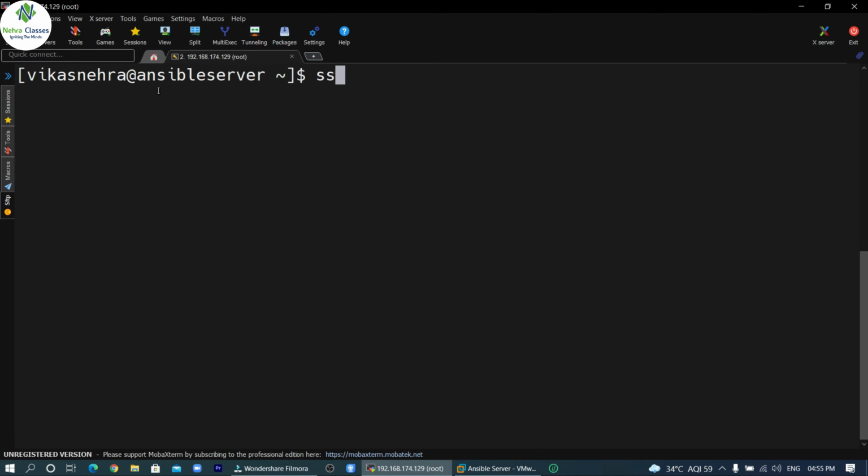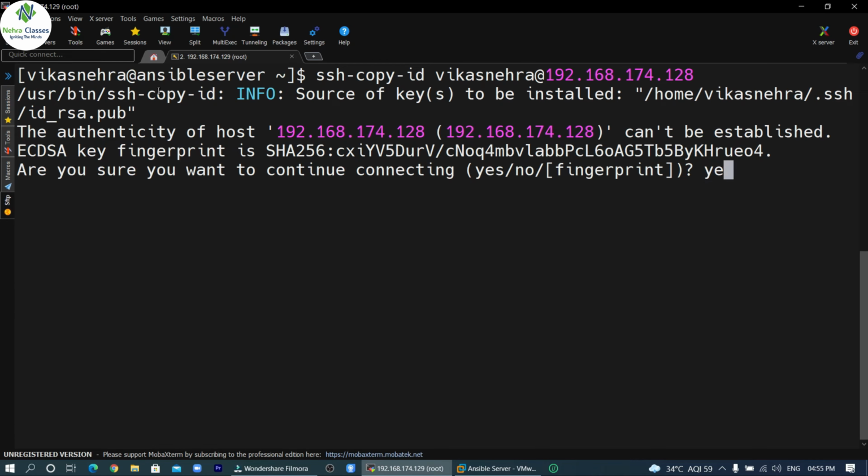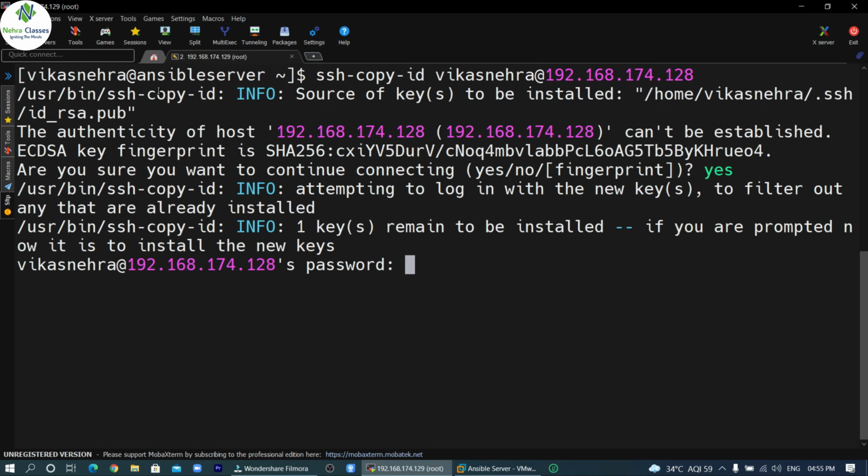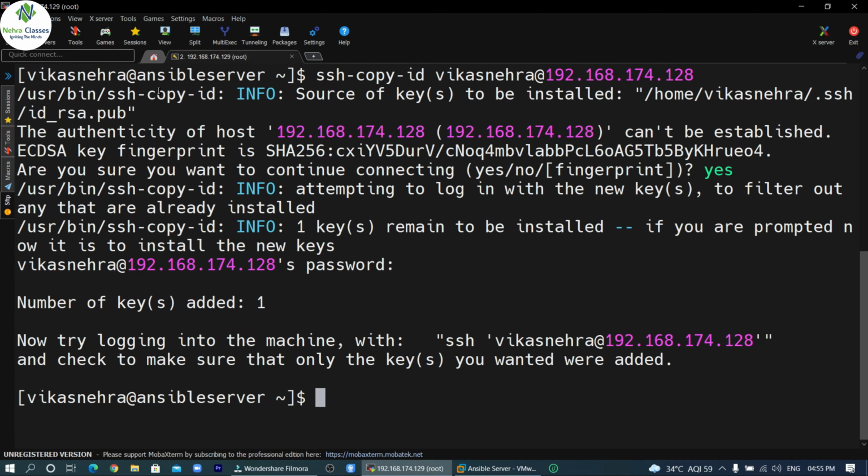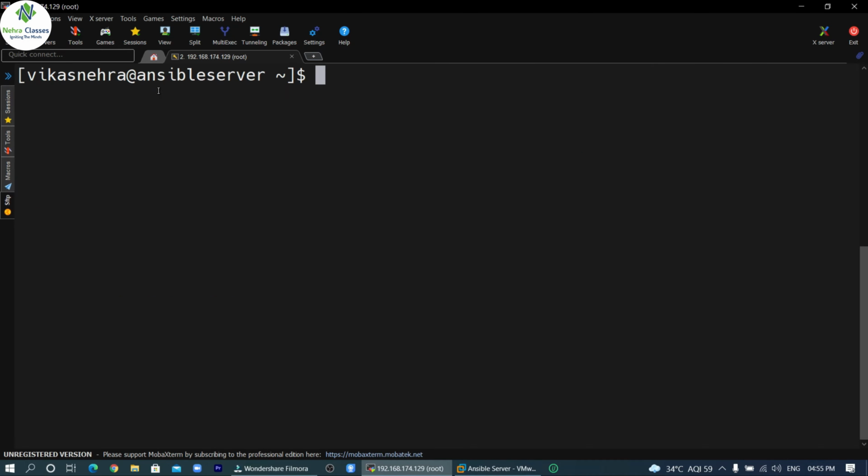So we can execute the ssh-copy-id command, and after that we can mention the name of the user and @ and the IP address of the nodes. The first node IP address is 192.168.174.128. After that it will prompt us for the password of this user, and after providing the password it will copy the file there, which will help us for the passwordless authentication. Now we will follow the same procedure on the second one.